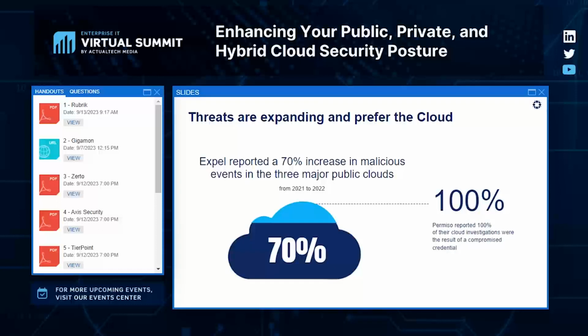So as you can see here, the threat landscape in the cloud is continuing to expand. But that also is relative to the amount of data and workloads that are growing in the cloud themselves, right? Hyperscaler data year over year is growing about a 60% clip. SaaS data is growing about a 200% year over year clip. And we're seeing the threat adversaries gaining notice to that as well, right? 70% of malicious attacks are growing year over year in the public cloud.